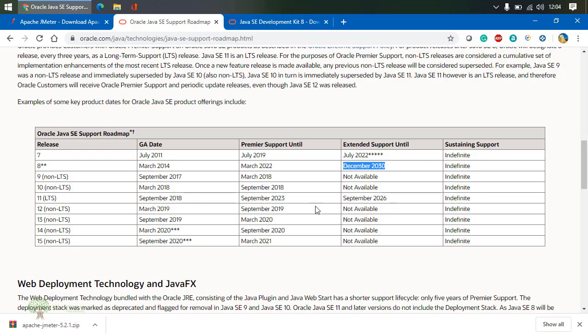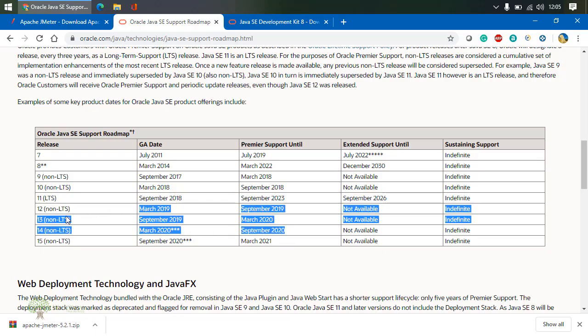And JDK 11 is supported until September 2026. Other versions are not supported completely. If you notice more clearly, JDK 14 has come up in March 2020, but it is supported until September 2020 only, right?